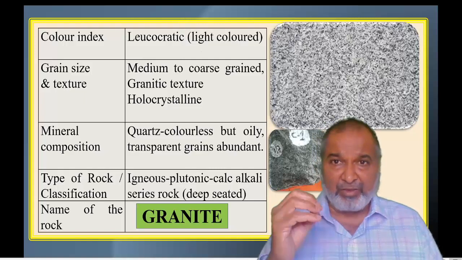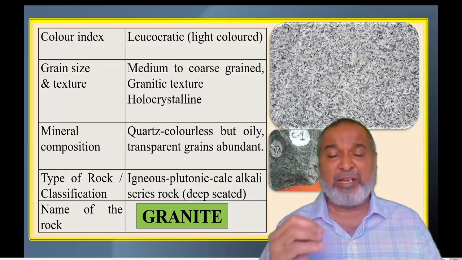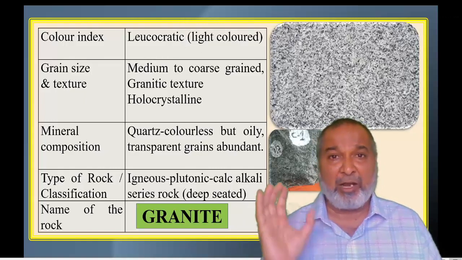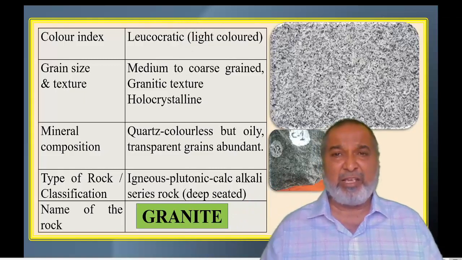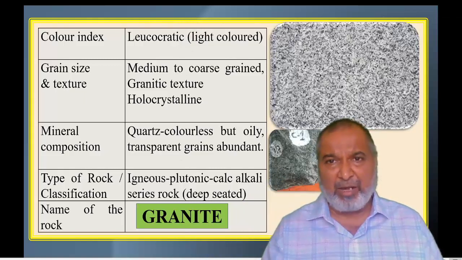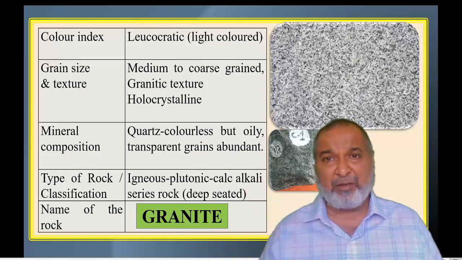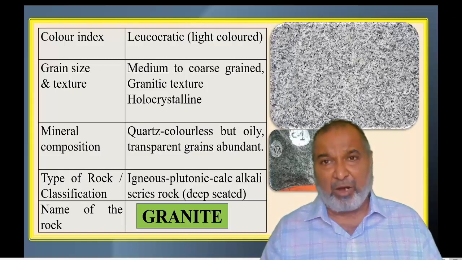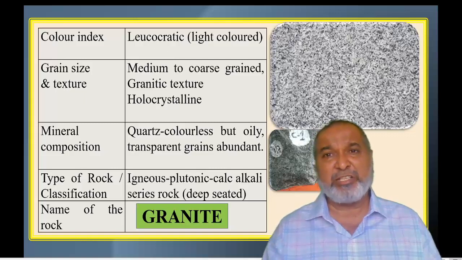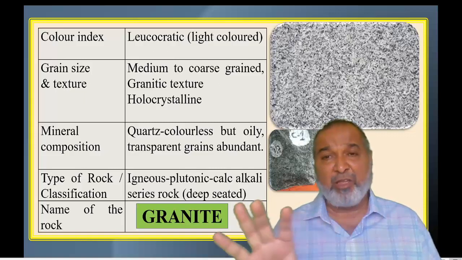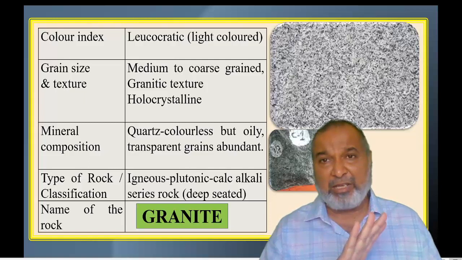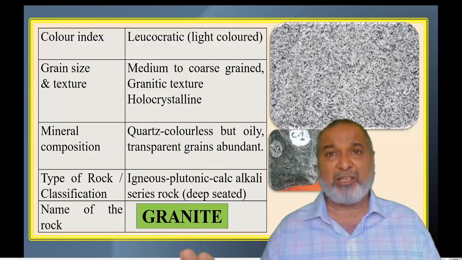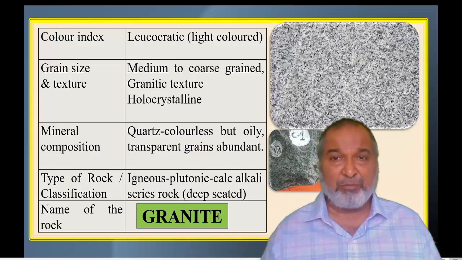Next, in igneous rock we don't find any fossils. Fossils are avoided. If any organism, whether plant or animal, has come in contact with this magma, then the whole organism, that particular plant, has been burned out. So its hard parts will not be preserved. So it is devoid of fossils, and fossils are totally absent. We don't find any fossil in igneous rock. That is very important.